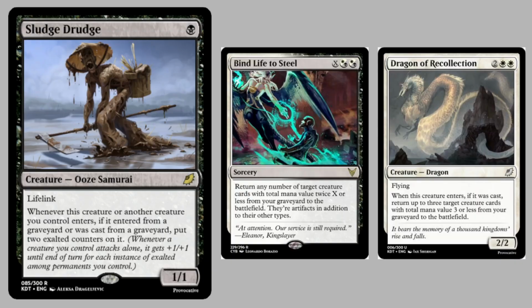Sludge Drudge is another spicy 1/1-for-1 rare creature out of Kitsuo, this time an Ooze Samurai with lifelink. When it or another creature you control enters, if it entered or was cast from a graveyard, you give that creature 2 exalted counters, potentially amassing a lot of stats all at once on your one attacker. This is another interesting option for the turbo graveyard filling strategies that Ignited Soul and company love so much, but